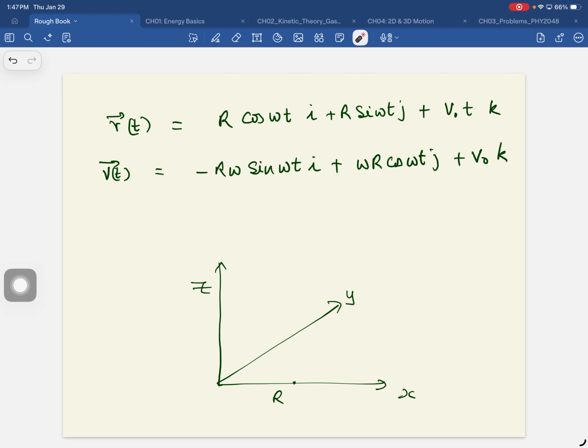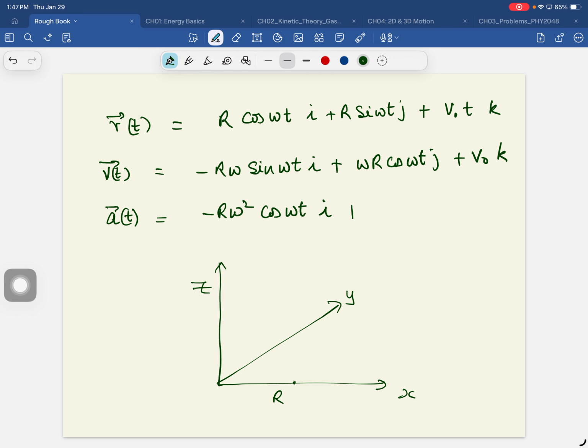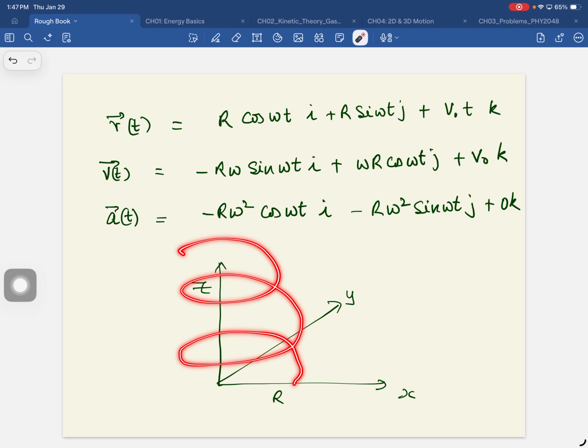The acceleration is the derivative of this. The derivative of sine is cosine, and then you get omega r, omega square cosine omega t i minus. All right, so here is an example. For this spiral motion, there's the velocity as a function of time, and there's the acceleration as a